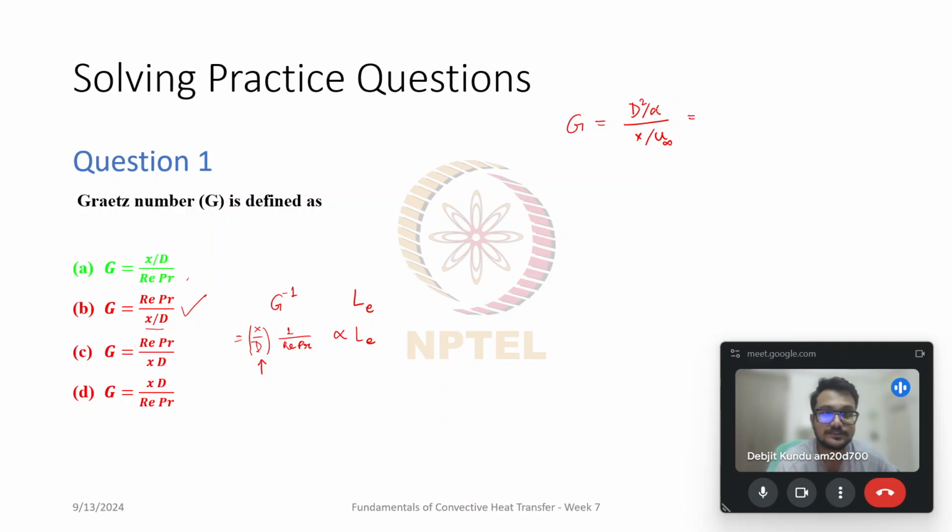You see both the numerator and the denominator have the units of time. So this is basically the thermal time scale,